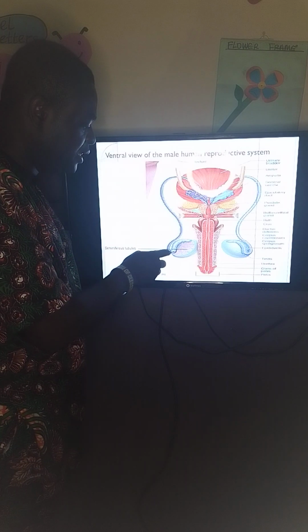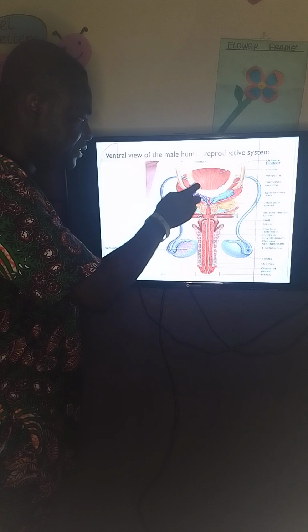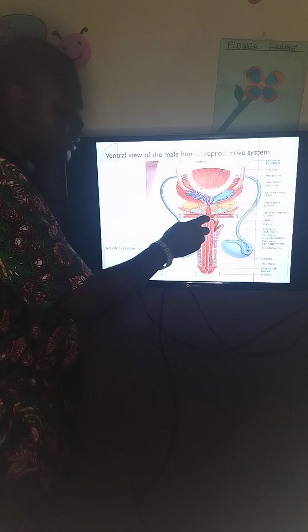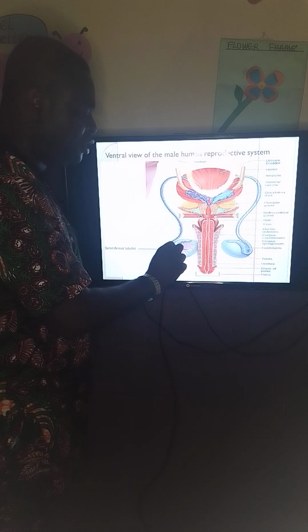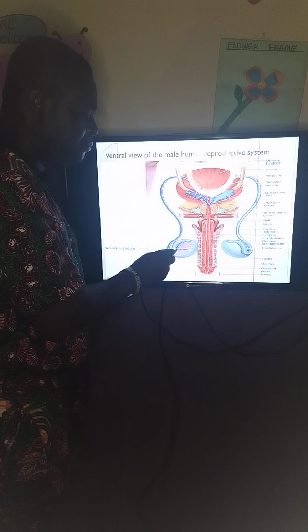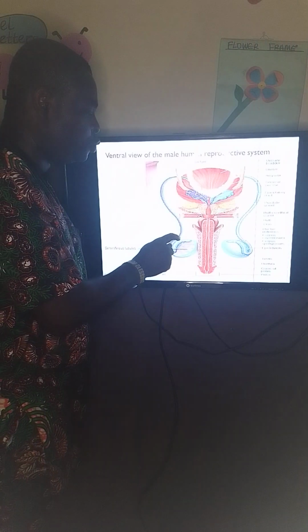Let me show you the picture of what I'm talking about. This is the sperm duct. This is the epididymis. Between the epididymis down, this is the urethra. So the function of the sperm duct is to allow sperm temporarily stored at the epididymis to swim